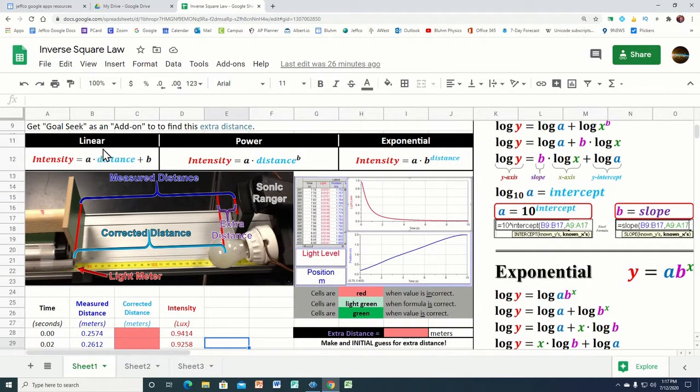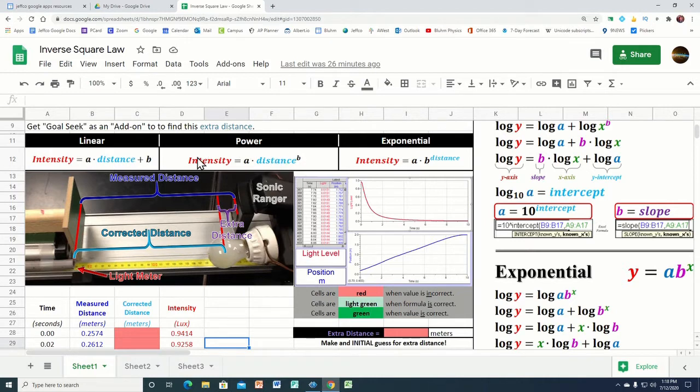It might be a linear relationship. It might be that we take the distance we are from the light source, multiply by a number, add a number, and that could give us the intensity. It might be a power relationship where we take the distance, raise it to some power, multiply by a number, and that equals the intensity. Or it might be an exponential relationship where we take a number and we raise it where the exponent is the variable, and then we multiply by a number and it gives us the intensity. Okay, so that's one thing we want to do, is find out which of those relationships is the correct one